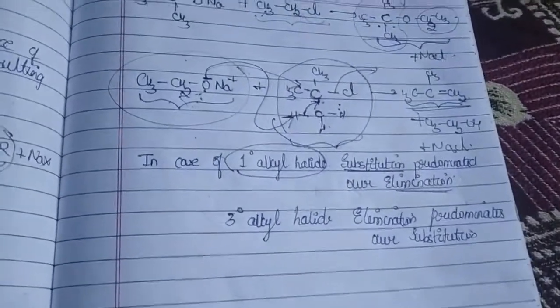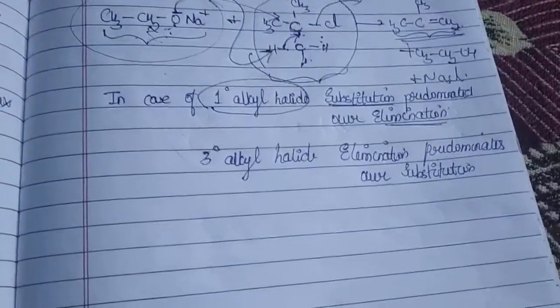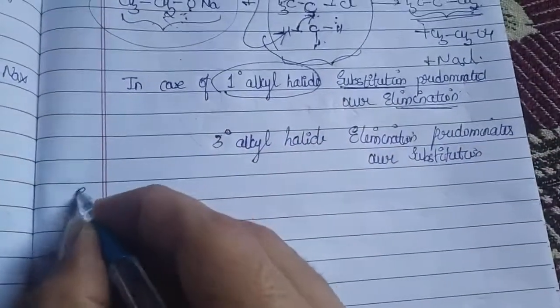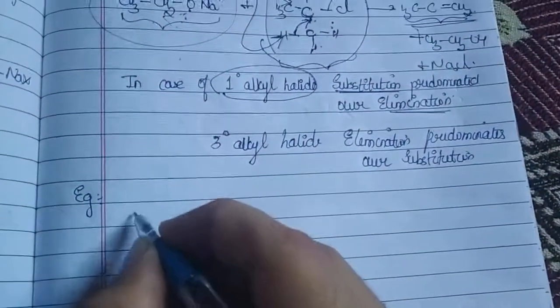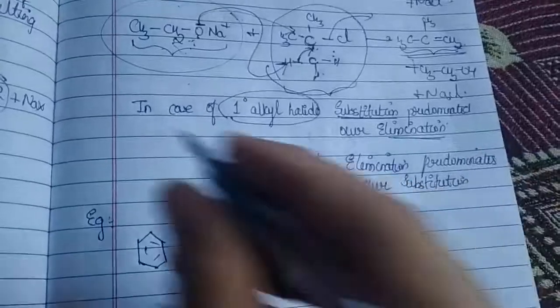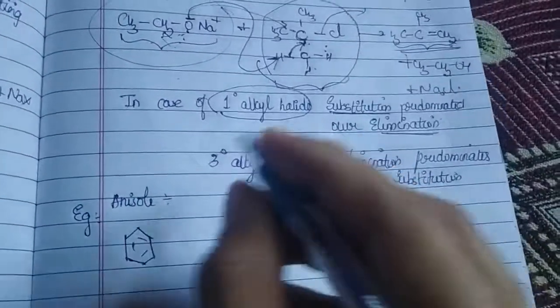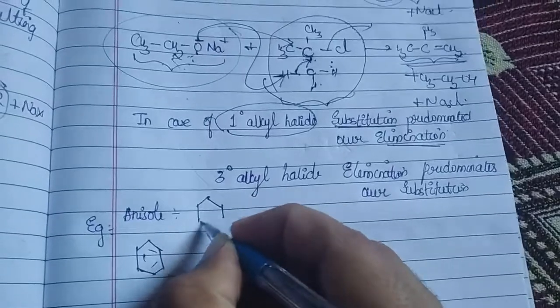Now, when I spoke about Williamson's ether synthesis, I said you can prepare unsymmetrical ethers. So I should give an example for that one. So let me take an example. Basically, if I want to prepare anisole, what is anisole? Yes, it is benzene